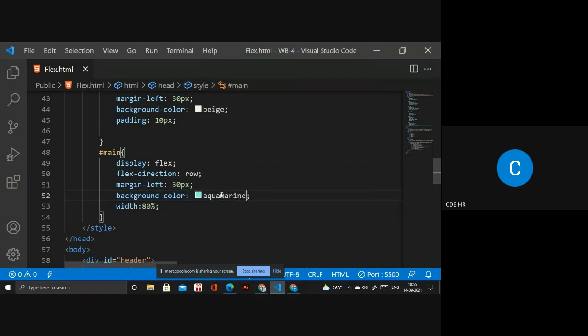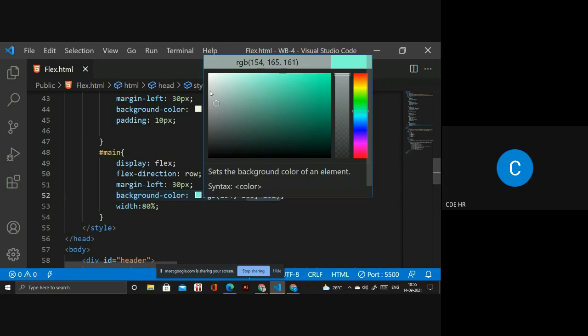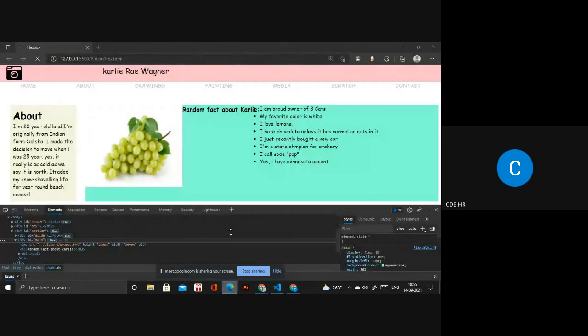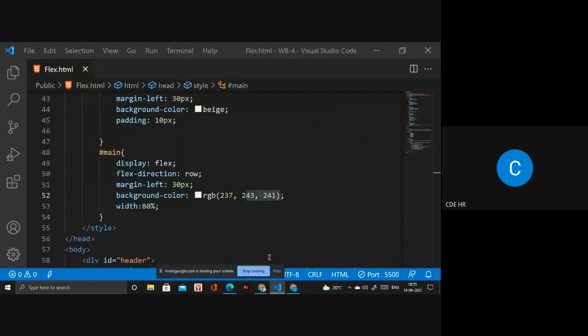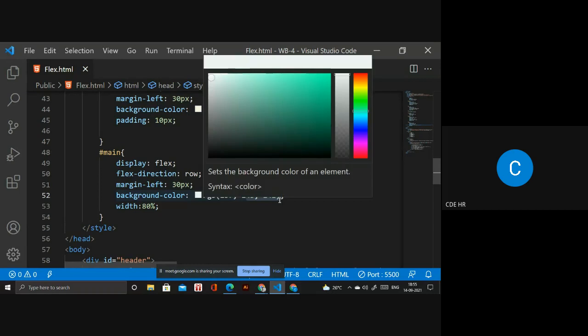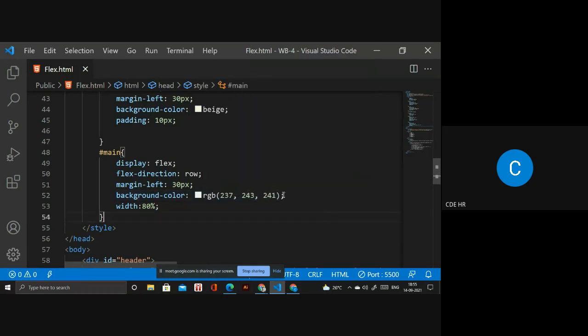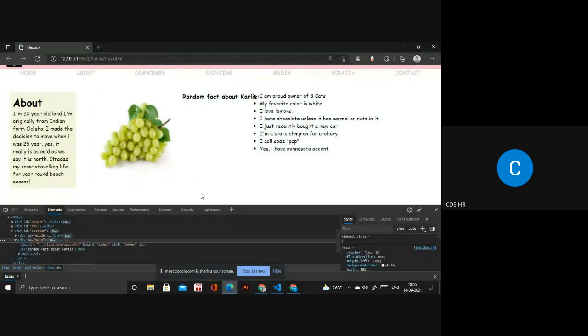I will be using a white background, so it's better. All right, white. Okay, I will change this to white. Wait, this white. Yeah, it looks good now.